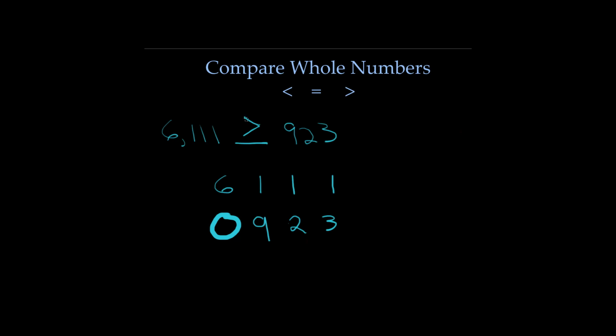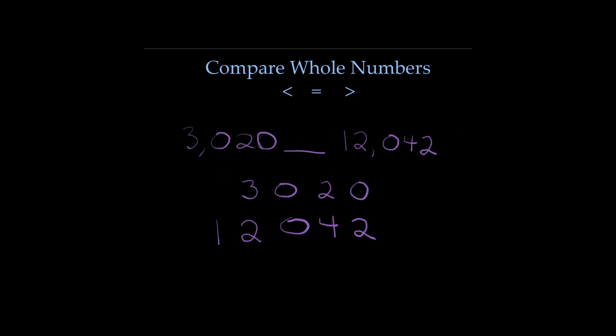Okay, so let's look at one kind of the opposite where maybe our first number is going to be less than our second number, just to see that that's okay too. This time what I mean is that we have 3,020 on the left, so that's a number in the thousands, 4 digits, compared to a number in the 10,000s with 5 digits,